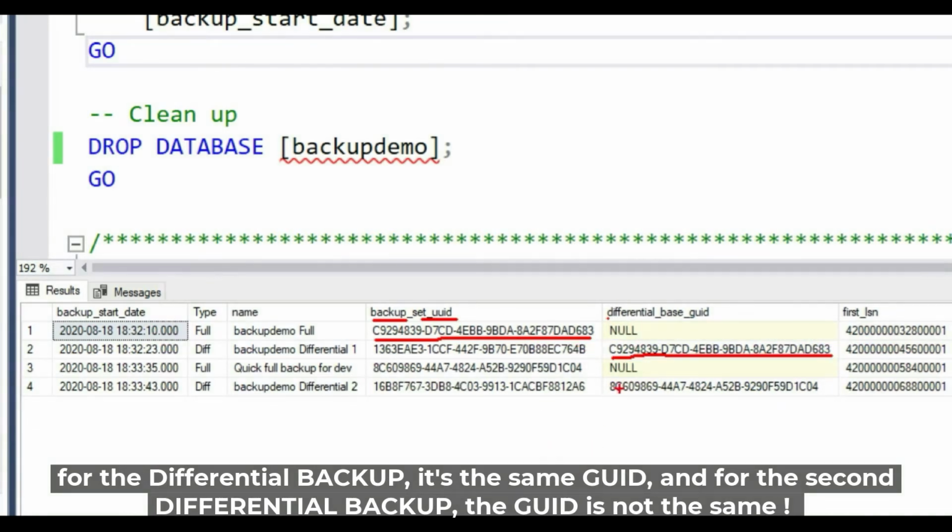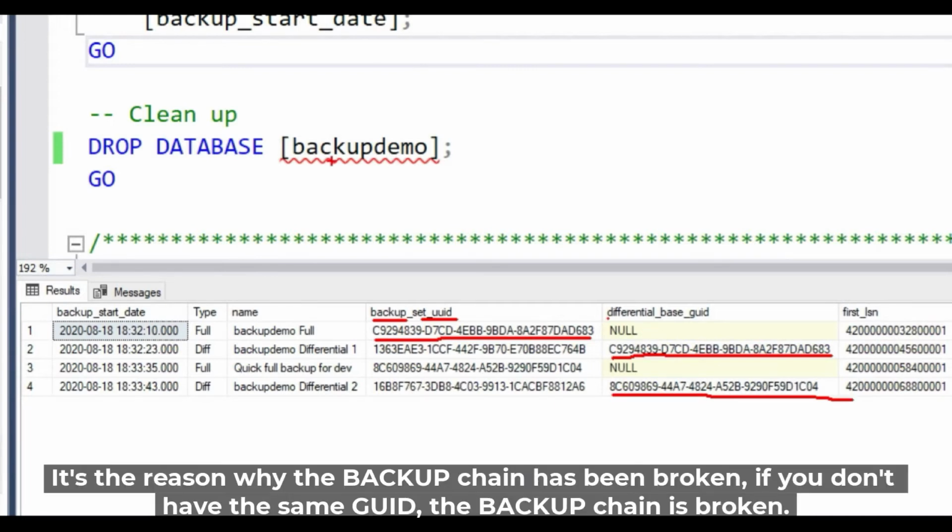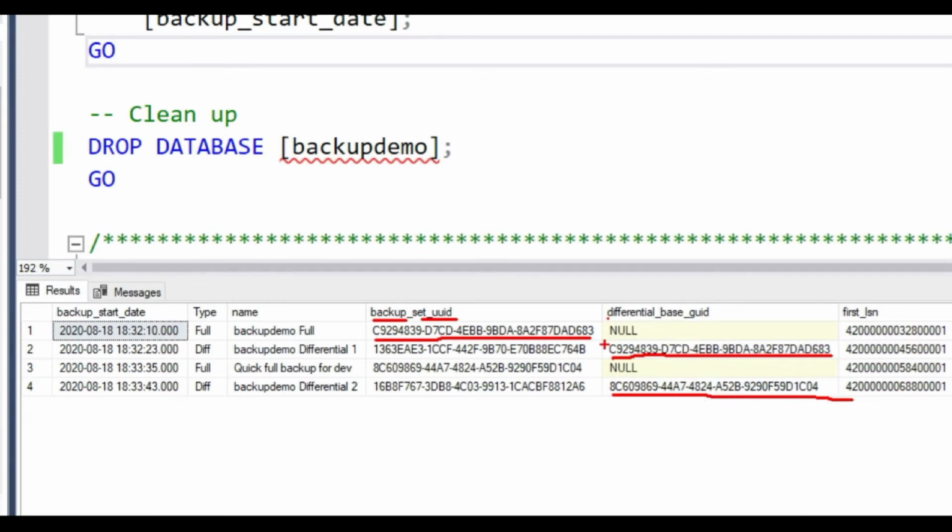In the second differential backup it is not the same GUID. Okay, that is the reason why the backup chain has been broken. If you don't have the same GUID, the backup chain has been broken.